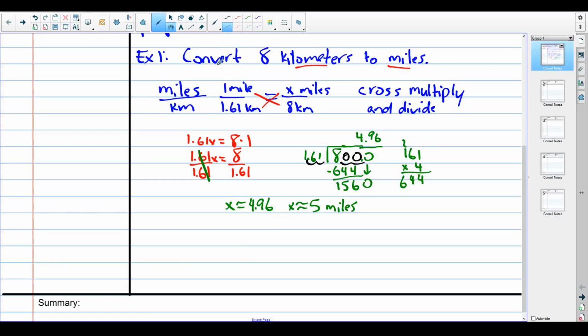Let's do another one. So example 2. All these numbers are so bad. Why do we use customary? Convert 15 meters